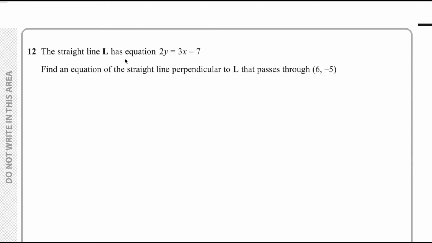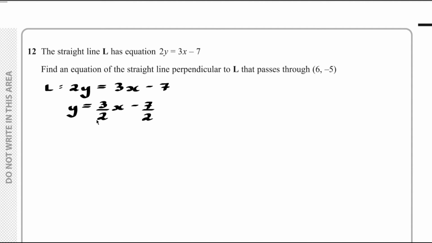Question number 12. The straight line L has equation 2y equals 3x subtract 7. Find an equation of the straight line perpendicular to L that passes through (6, -5). So, the equation of L that's given by 2y equals 3x subtract 7. Let's rearrange this in the form y equals mx plus c. Dividing through by 2, you will find an equivalent form of the line L is y equals 3/2 x